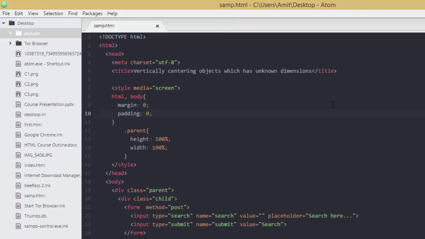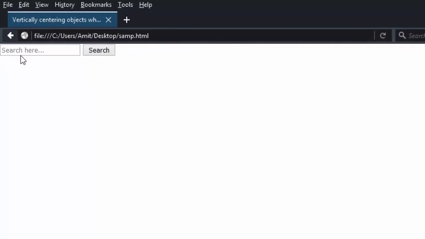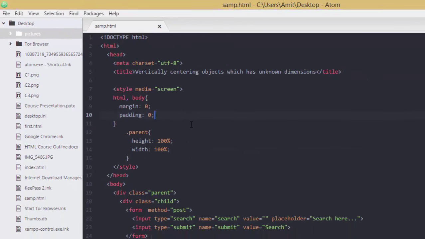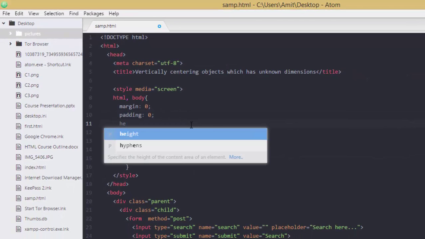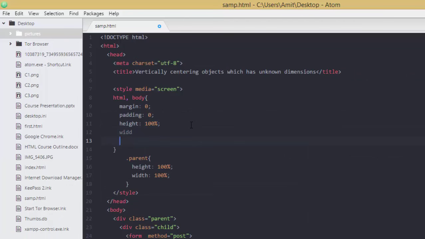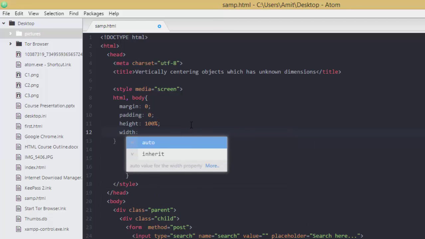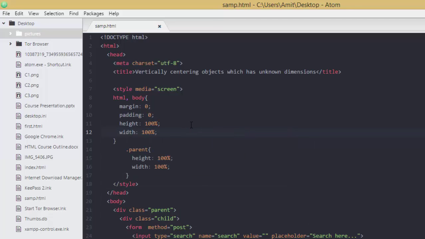We have just cleared our default margins and padding so far body and HTML elements. Okay, now let's go ahead and apply it a height of 100%. It's very important to apply height here for our both elements, HTML and body element. Okay, now let's see what we get.